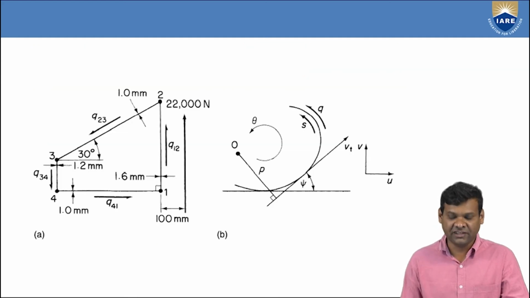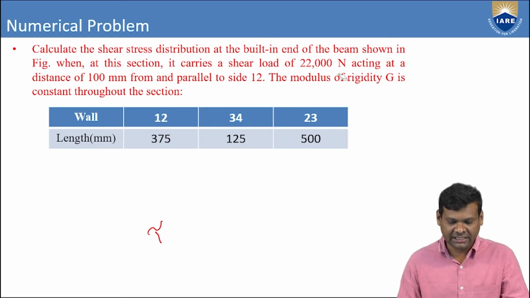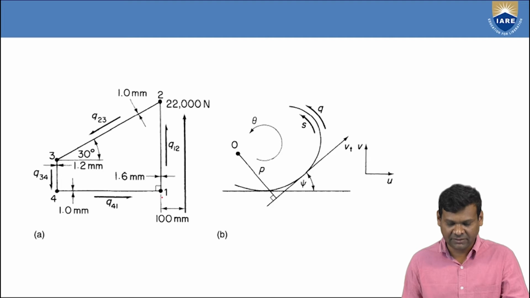This is the shear load Sy, and ultimately Sx is equal to 0, acting at a distance of 100 mm from point 1,